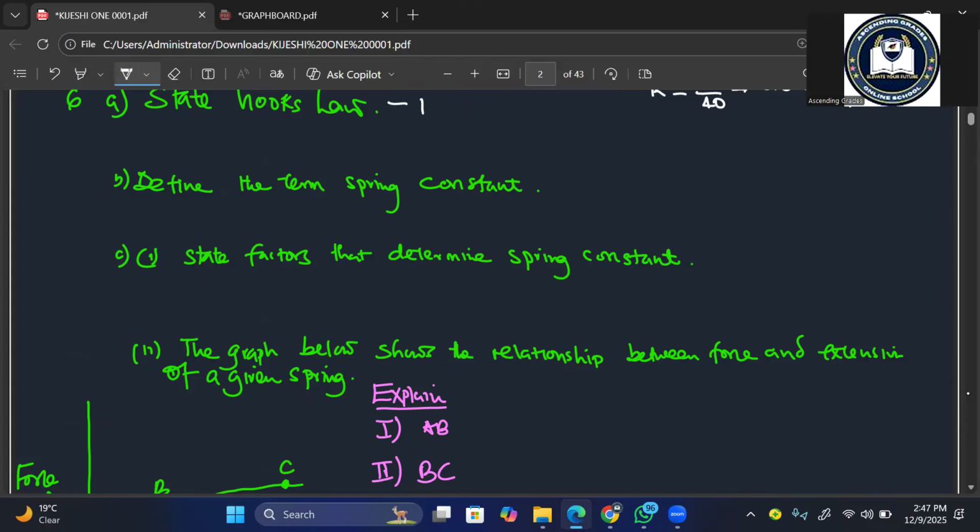It states that for a helical spring, or any elastic material,